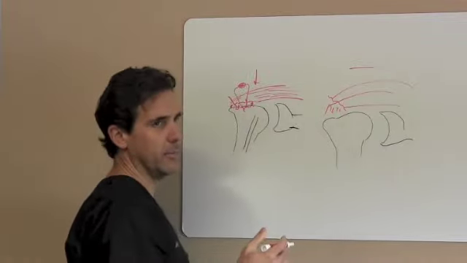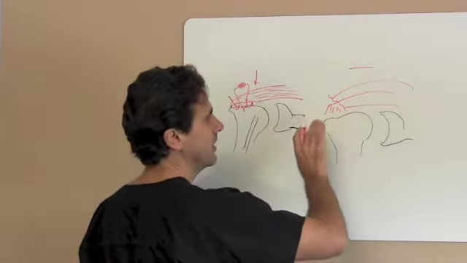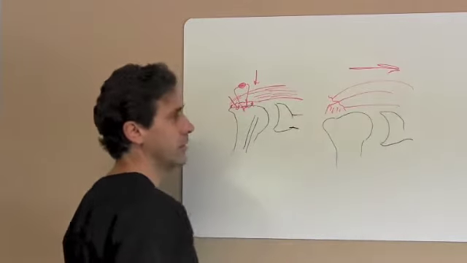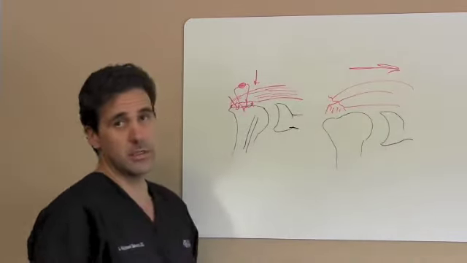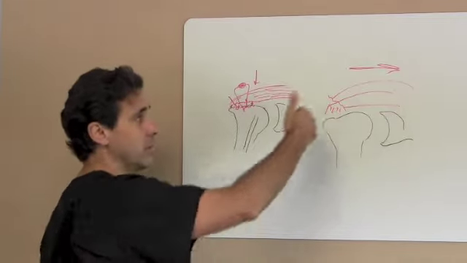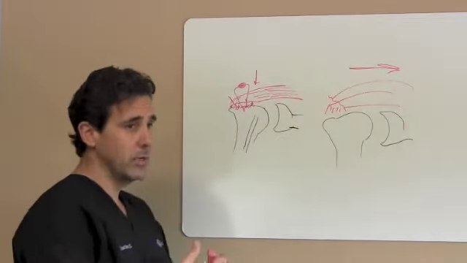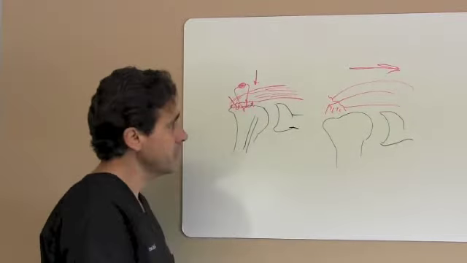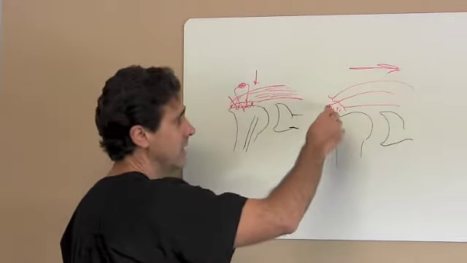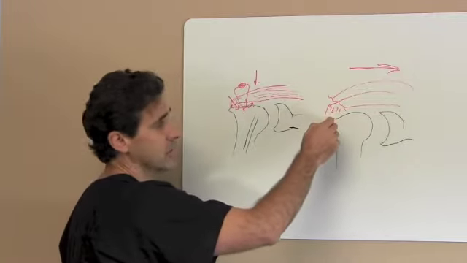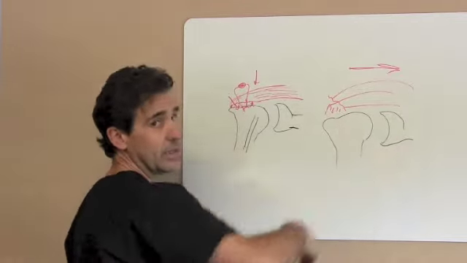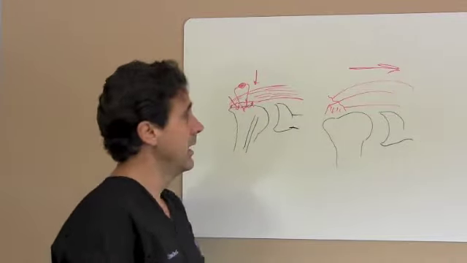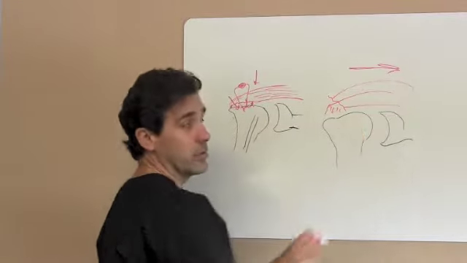Well, the first thing that happens over a period of time is that the tendon wants to spring back. It wants to go back this way, and that's called tendon retraction. The rotator cuff is a muscle, so muscle fibers stretch, and they're pliable. So if you get a tear, a detachment of where that tendon used to insert in the bone, it will retract. And the longer it's detached, the more it's going to retract, and the harder it's going to be to